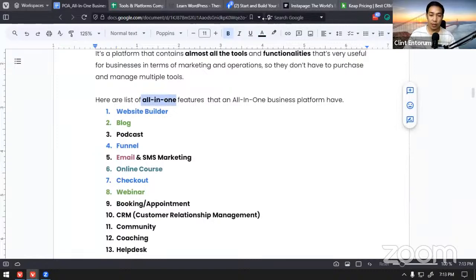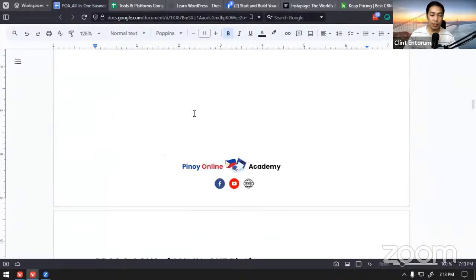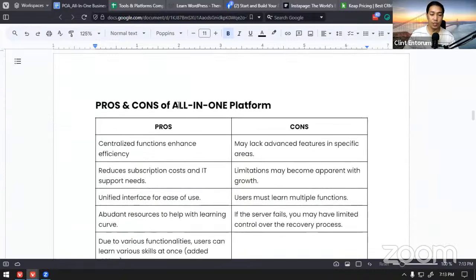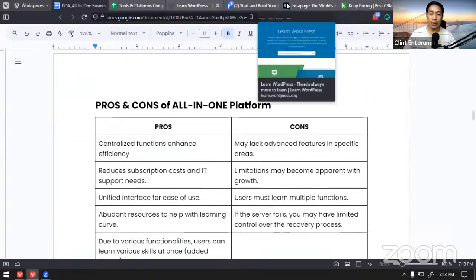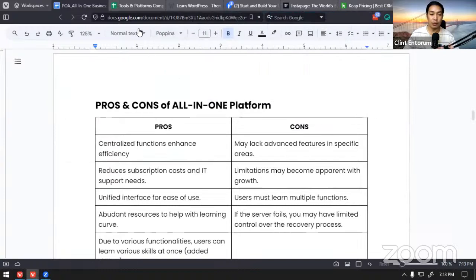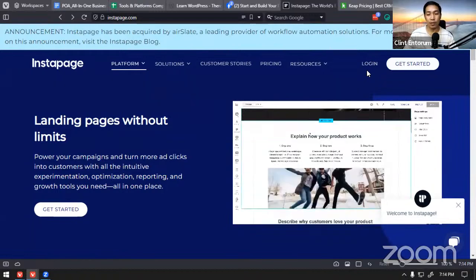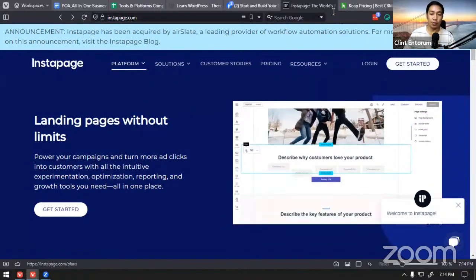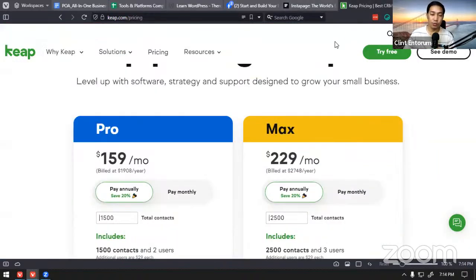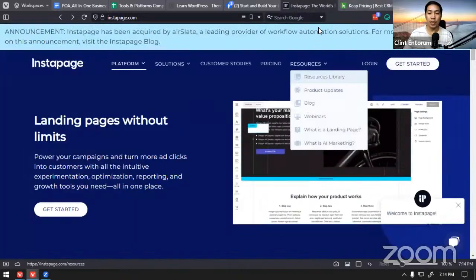So again, let me jump into the pros and cons of these platforms. If you have multiple platforms, the advantage of an all-in-one platform is that it has centralized functions or enhanced efficiency. Meaning, you only have one tool to log in to. You don't have to, for example, when I build a website for a client using Instapage, I have to log in here. Then if I connect it to Keap, if they're using Keap, I have to connect it and integrate it with this, and I have to log into